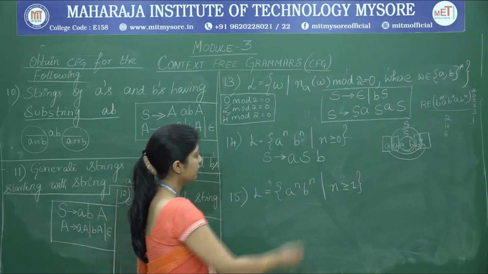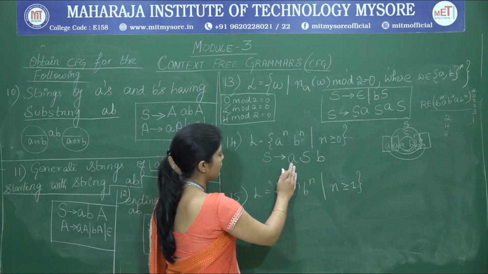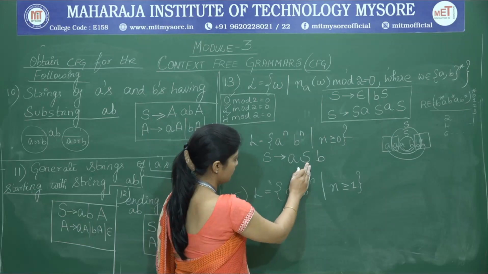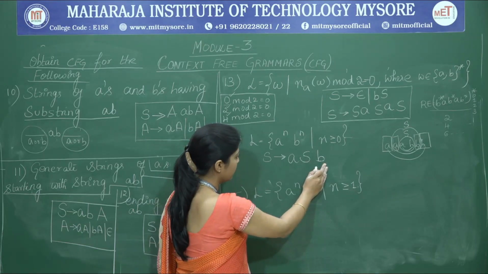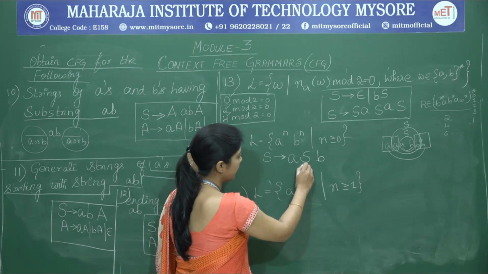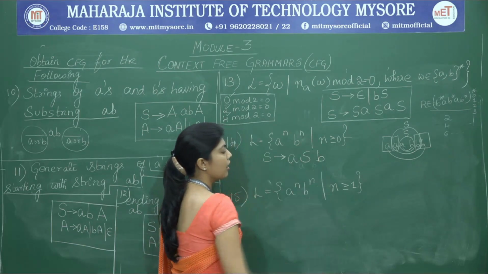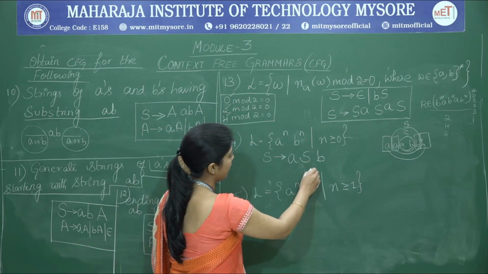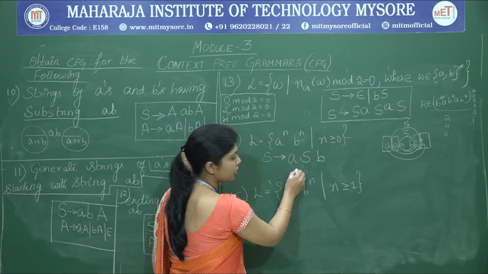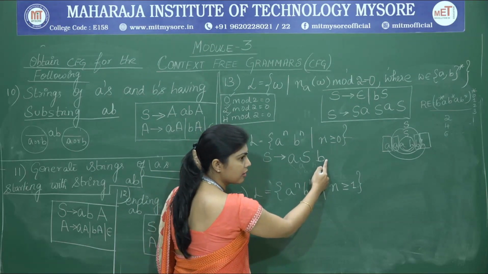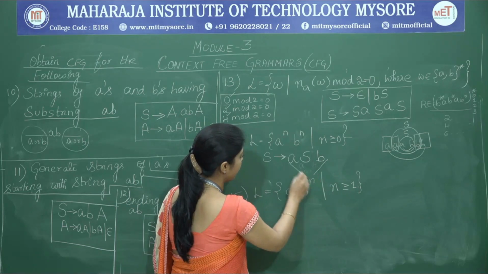Okay. So in this case, what happens? We have S goes to A S B. Again, recursively for S, what will be produced? The second A and the last but one B will be produced. Again, for this, if I want to substitute A and B, what is it generating actually? Recursively 3 A's, 3 B's. Okay, so we will draw this as a triangle.